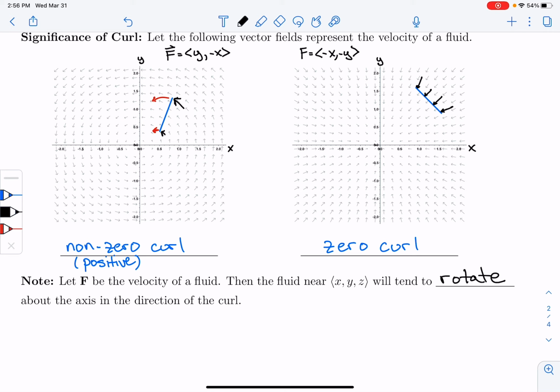So the curl of the vector field is itself a vector, and that vector is going to point in the direction of the axis around which our fluid is going to